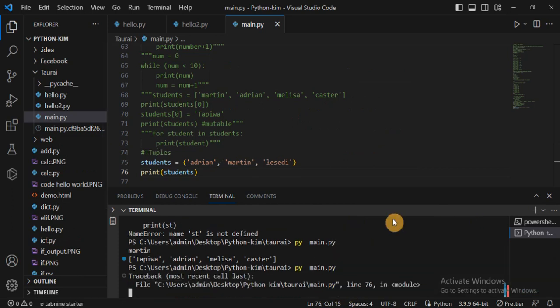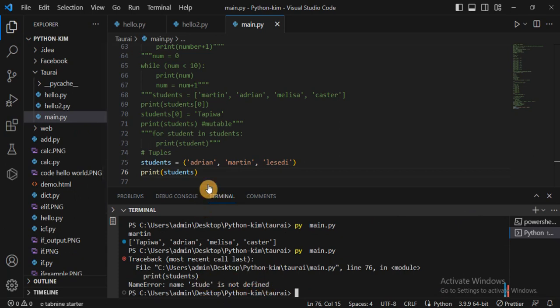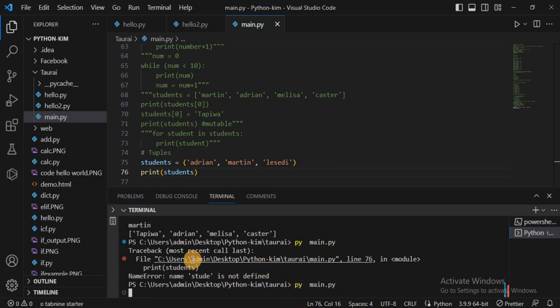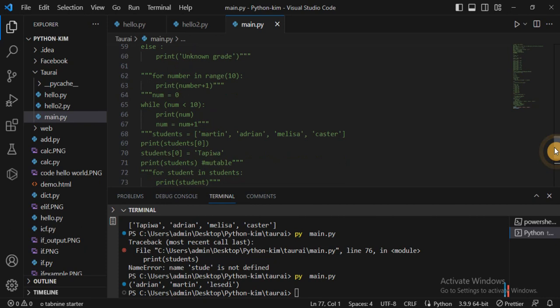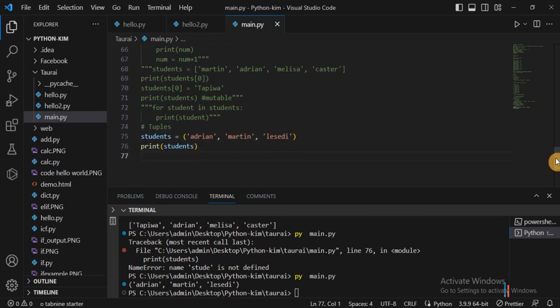Something like that. As you can see, print student. So it's taking time to save. There's an inconsistency going on. Okay, so you can say Adrian, Martin, and Lissetti. So these are the tuples that we have. You can also loop them using a for loop, like we did with the